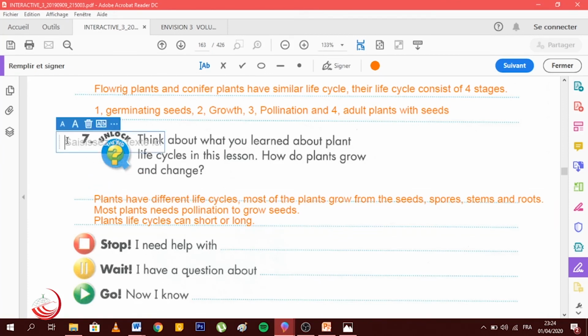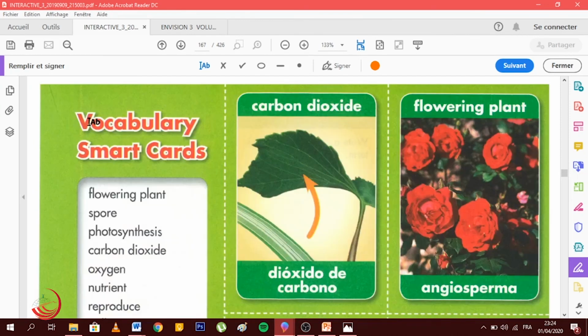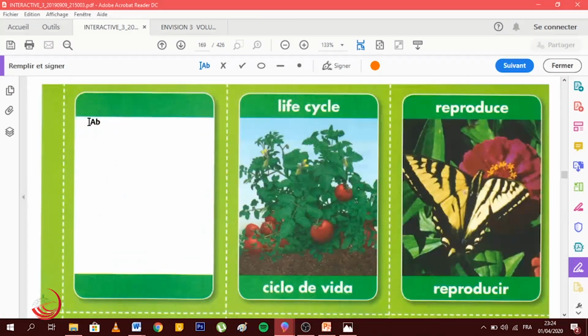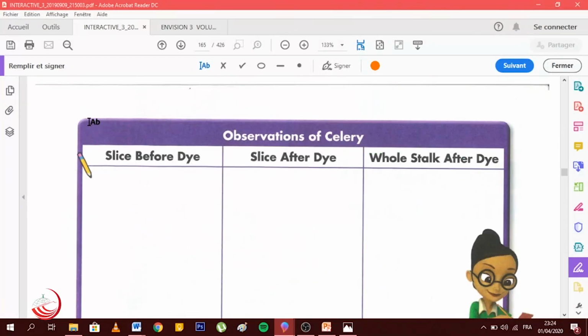So with this, we're going to be finishing this chapter. We're just having some activities to do, so we will do them quickly in the next session, okay? But now I will